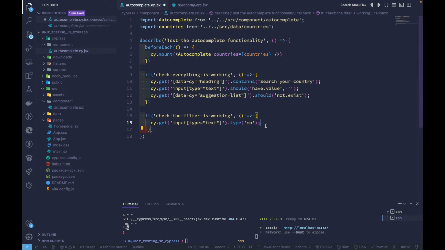And now what we could do is also get the suggestion list, right? The suggestions list did not exist before, but it does exist now. It should be visible, and we set an alias to this as suggestion list. And what we could now do is check whether the suggestion list, the alias that we created, should have a length of 1. So it should have at least a length of 1,